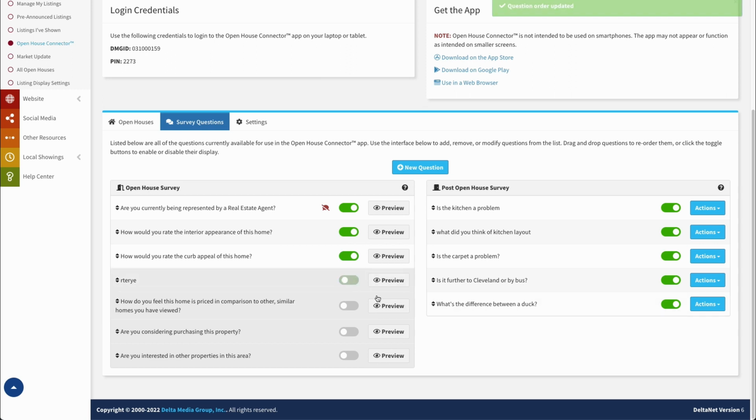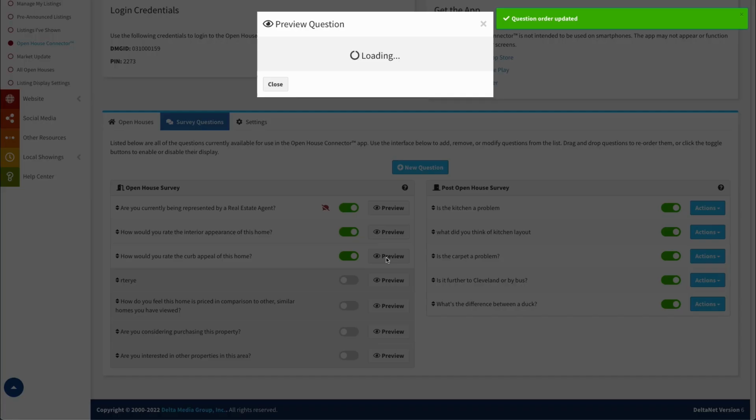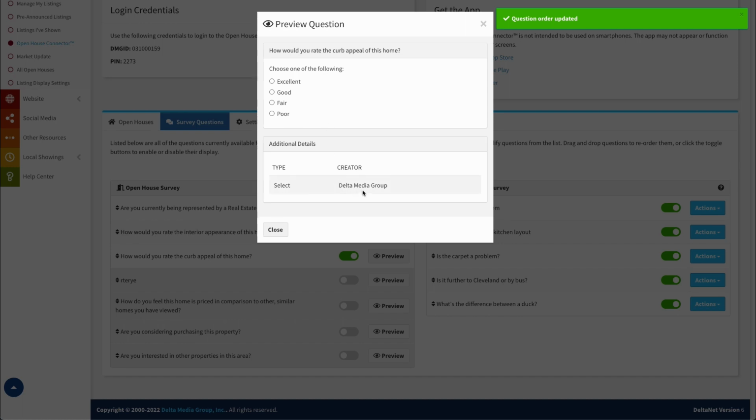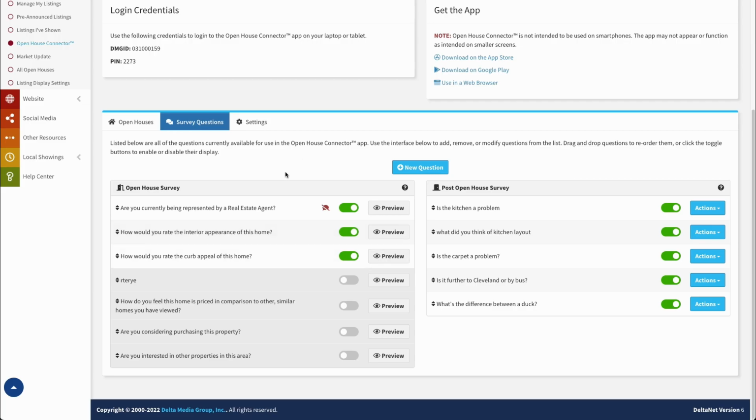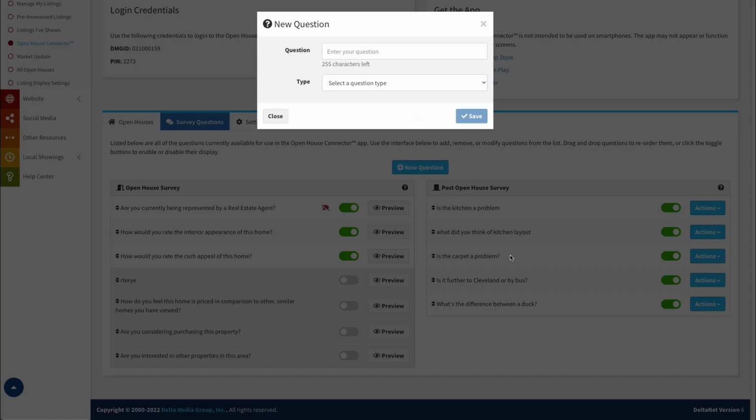So go ahead and turn that question off, and then I can click on preview as well, and this shows me what that question actually looks like and where it was created. So this one was created at the company level. Now, assuming this ability is turned on at the company level, because the company does have the ability to kind of lock these questions down, but if you do have access to it, you can also create your own questions. So to do that, I would just click on New Question. I would type in what I want my question to be,